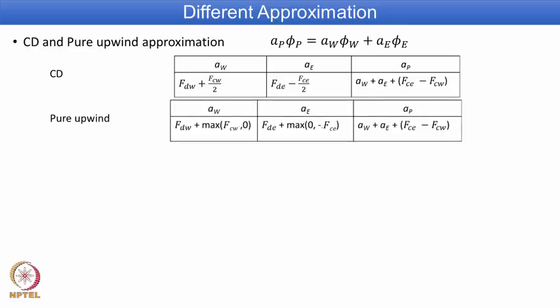For pure upwind, again AW, AE and AP are listed, and for the sake of convenience